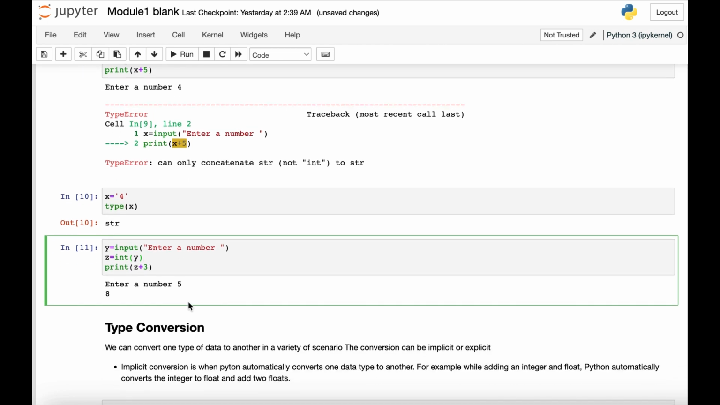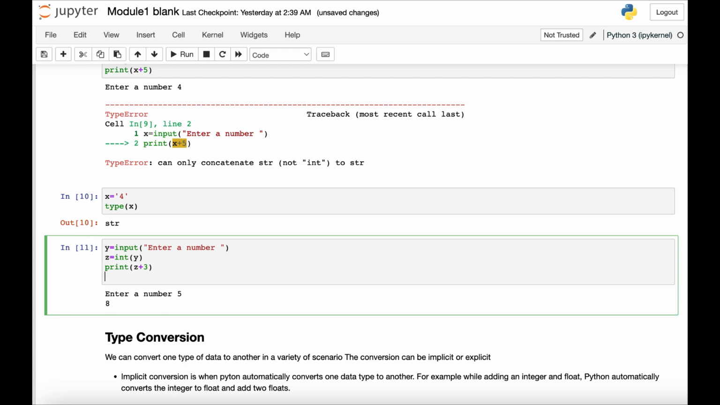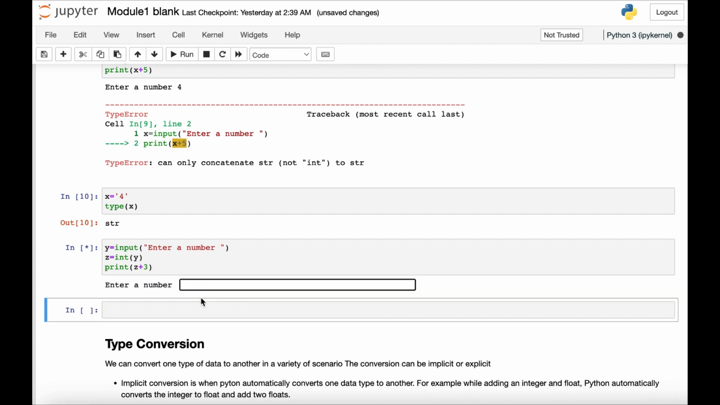If you want to concatenate variables, the values, then they must have the same type. And there are two kinds of conversions. One is the implicit conversion. Explicit conversion means, like in this program, we need to tell Python that whatever the input is, you have to convert that into integer. But there are some implicit conversions, where Python will automatically convert that. How? Let's suppose